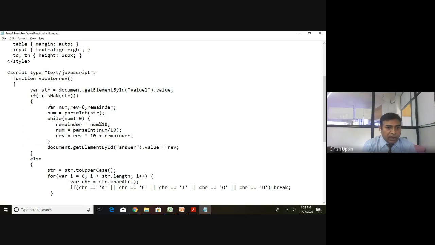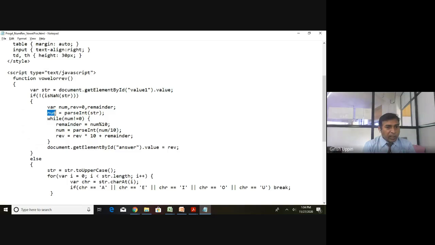Inside, I created more variables: rev is equal to 0, and one more variable, remainder. Basically this particular thing is your C program, if you remember how to reverse a particular number. Then num is equal to parseInt(str), because it is a text, it will parse and make it a number.